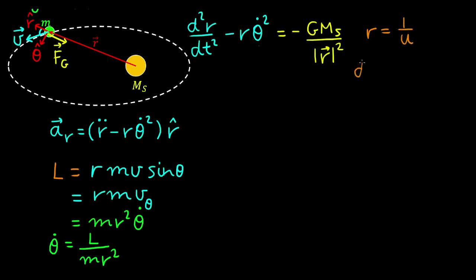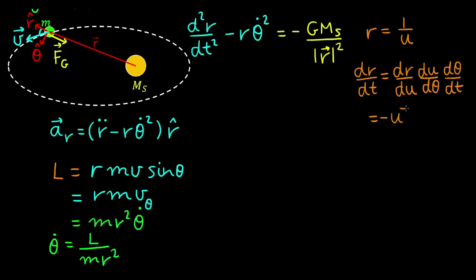and then differentiating r with respect to time t, we can differentiate first with respect to u, and then differentiate u with respect to theta, and differentiate theta with respect to time t. So that's applying the chain rule. So dr/du is minus u to the minus 2, times du/d theta, times the angular velocity,